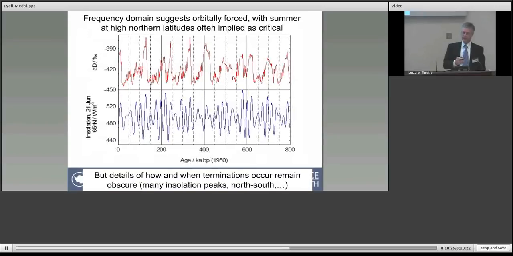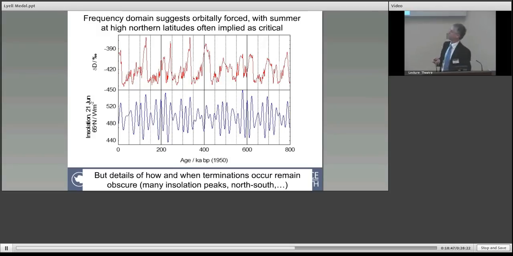But having said that, Milankovitch is right in the frequency domain. That's to say, the frequencies you get out of ice core records and marine records are the same ones you get out of Milankovitch. But nonetheless, you have to accept that the record that's supposed to be driving the global temperature record, which is this one here,